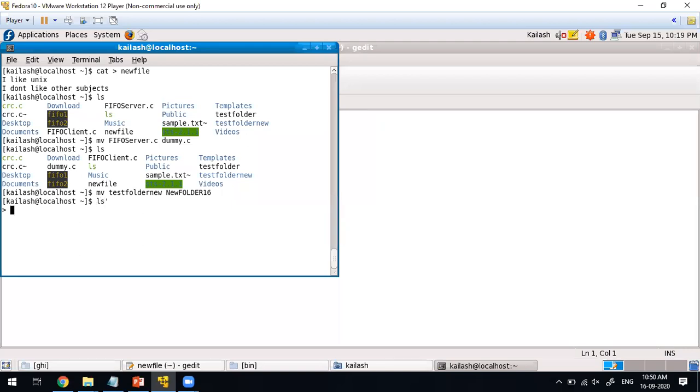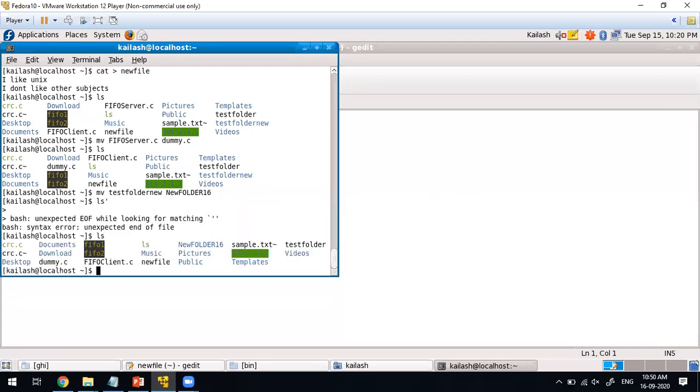I'll check now. See now, the folder is new folder 16. You cannot get the test folder new; you are going to see the folder name new folder 16.